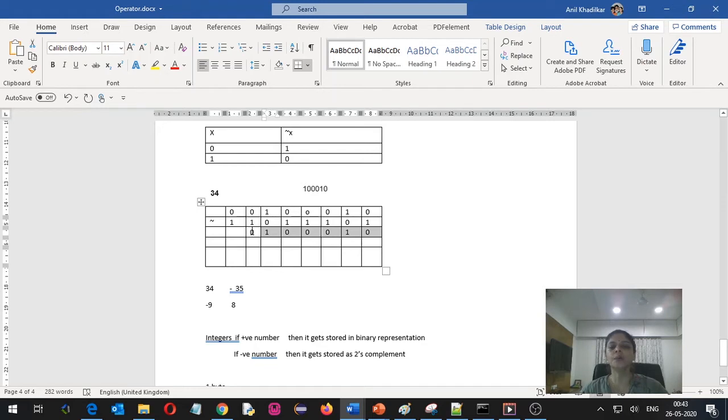So this is the 1's complement of this number, but we want to calculate the 2's complement, and to calculate 2's complement we will have to add 1. If you add 1 over here, then this will become 1, then this will become 1. All these values will remain the same, because of which the answer that we are getting is nothing but one number greater than our number.